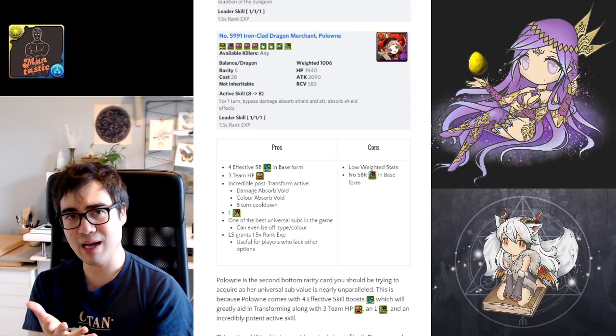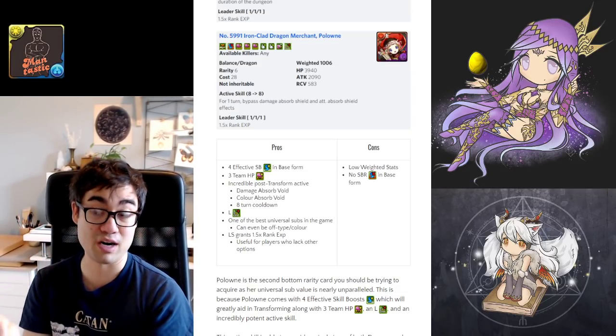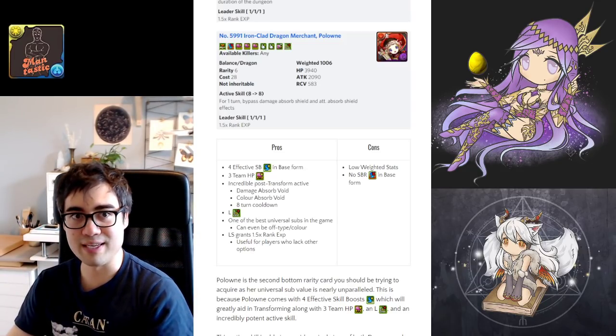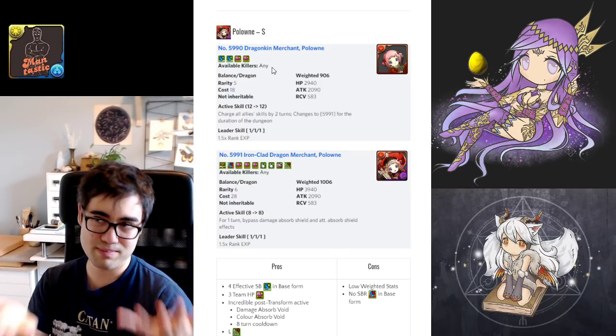And those 3 team healths, they might just compensate for it anyways. So you're not necessarily losing out. And then you gain access to 4 skill boosts and that powerful active skill. So again, the only real drawbacks of Paulo is lower weighted stats, which are probably negated anyways, because it doesn't really matter. And I guess no skill bind resist in the base form, but at least she gets a skill